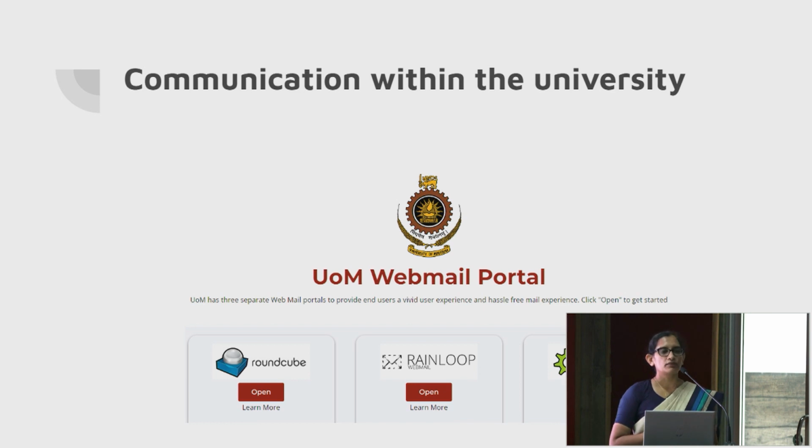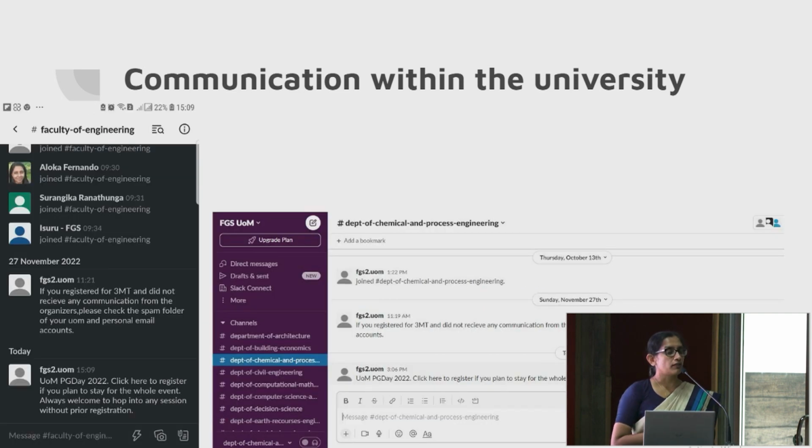Mail. Use it wisely to communicate within the department, across departments, create mailing lists, start interest groups, try to collaborate and communicate. On top of that, in our university, we have recently created another communication platform using Slack. So if you are a postgraduate student in this university, you would have most probably received an invitation to join Slack. So Slack is a new platform similar to WhatsApp, where we can use it for organizational communication in addition